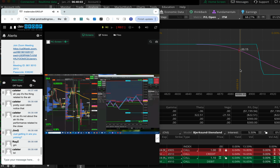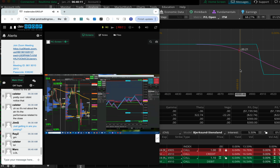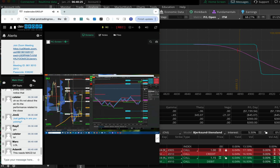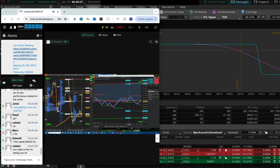You know what this trading strategy needs? It needs cumulative delta. I should put some oscillators on here or something. You know what I really love is people that have all this crap at the bottom of their chart so they have to look at something else. I love that. When the hip bone's connected to the thigh bone's connected to the...